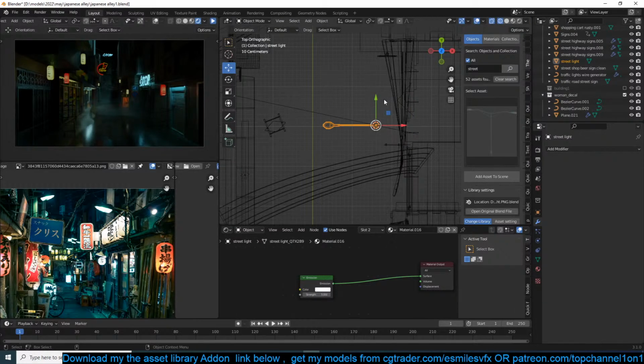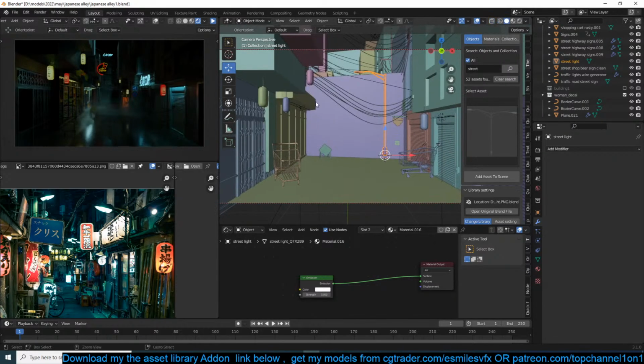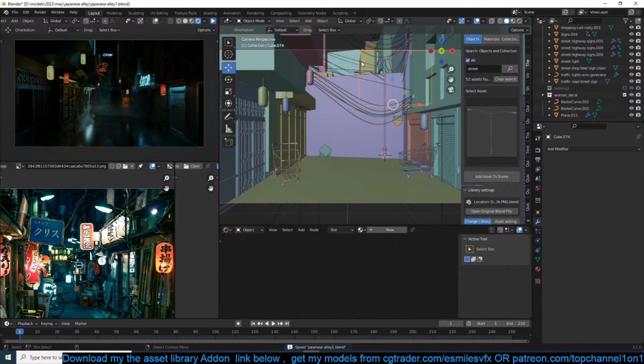4K, 8K images give more detail. Yeah, that is true. But if a model like this one that is very far away from the camera has 8K images, then it doesn't really make sense because we won't pick up that detail, especially if you're going to render at 1080. 8K textures matter when you are rendering at 4K or 2K.